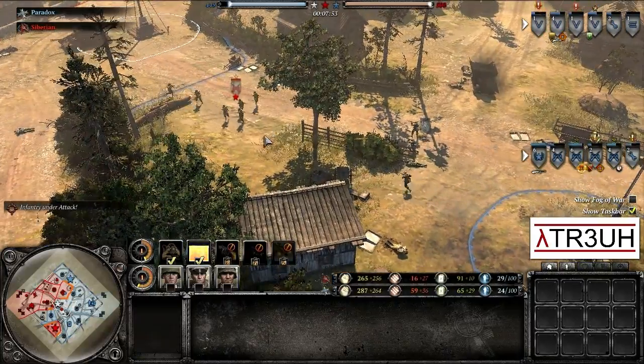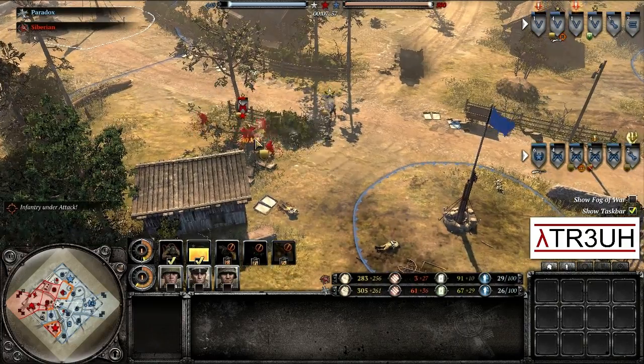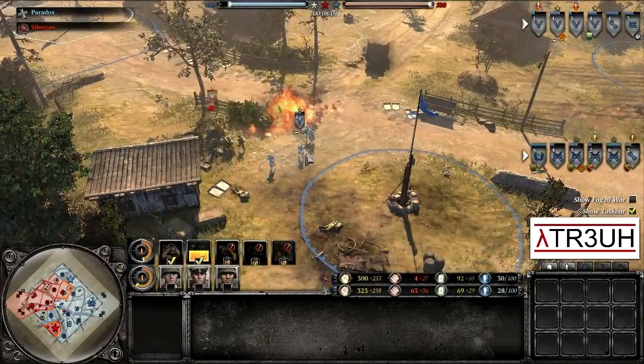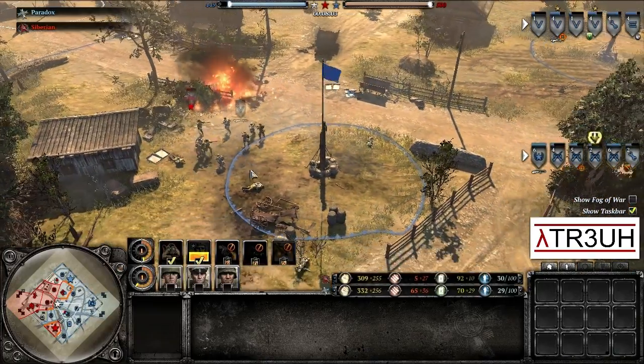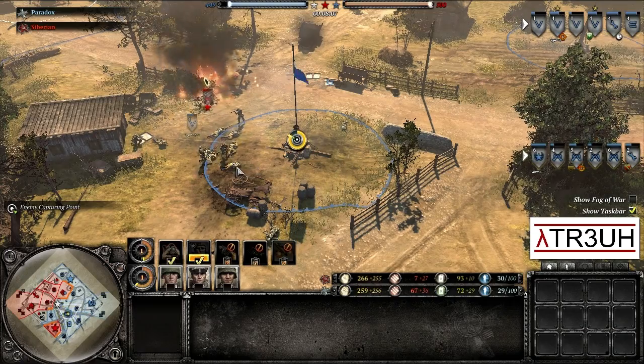Conscripts pushing forward onto that LMG Gren. They might be trying to go for that cutoff point, but they're going to take a lot of damage by those Grens. They are going to stop on the Gren and throw a Molotov. There goes the Molotov. Grens dodge it nicely. Very nice by Paradox. He's been on point on dodging those Molotovs, and those conscripts are going to try to